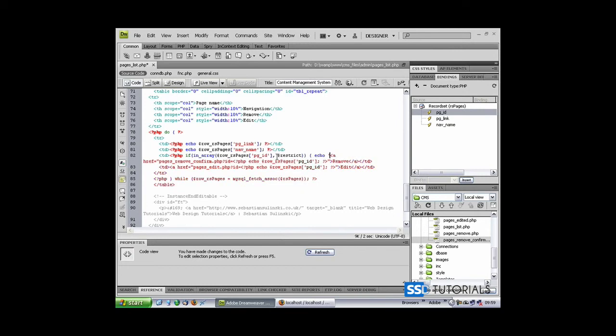So echo non-breaking space, and then close the curly brackets. Else, otherwise, open curly bracket, close the PHP code, display this link, and obviously we need to close the curly bracket, so another PHP